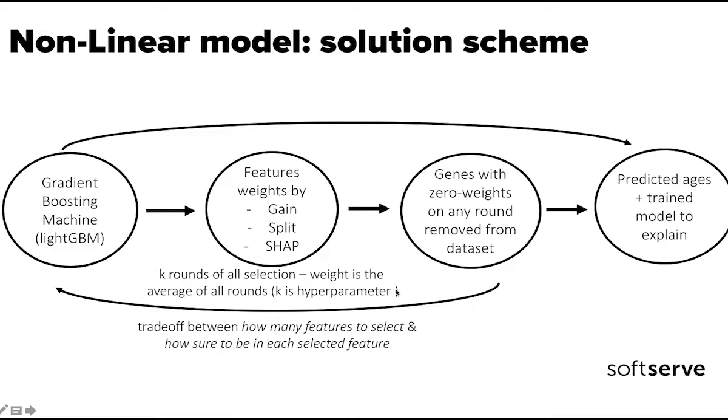First of all, this is a trade-off between how many features you want to select and how sure you want to be in the features that you select. It provides the stability of the features that you choose, but also the more rounds you perform, the fewer features you will have at the end,